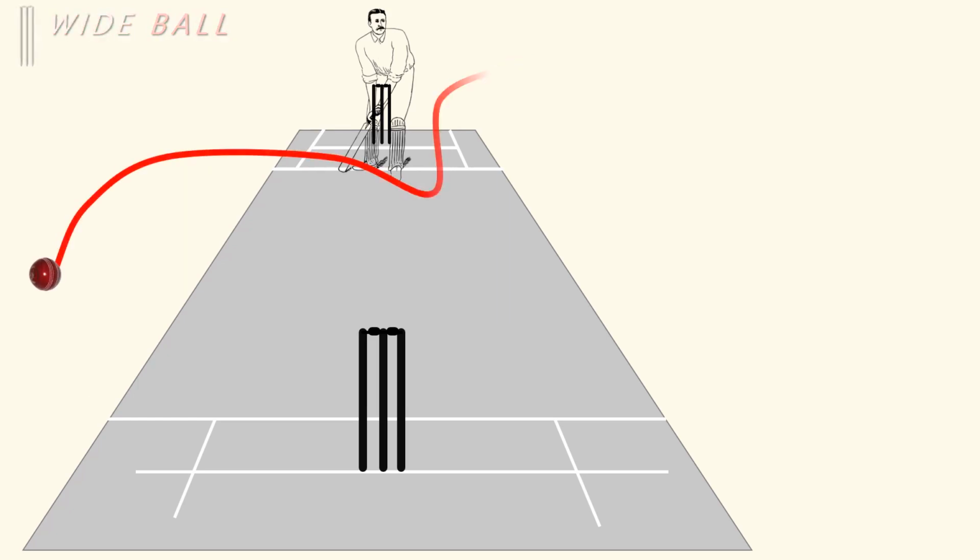A wide ball does not count as one of the bowler's 6 legitimate balls in 1 over, but also as a penalty, a run is credited to the batting team. A ball cannot be a wide ball if the ball touches any part of the batsman's body or the ball is out of the batsman's reach as a result of him moving away from the wicket or the ball.